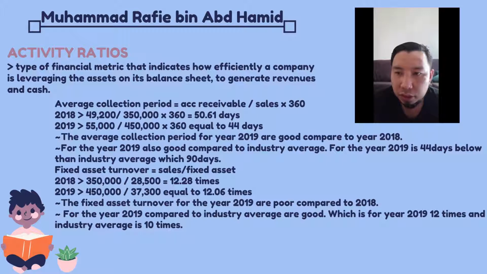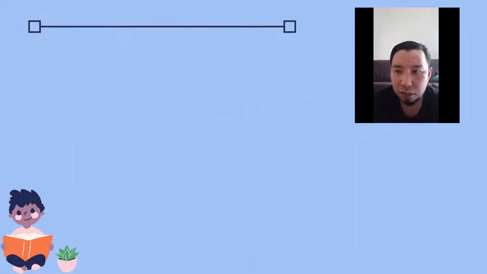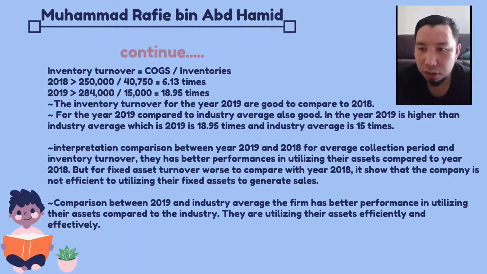The fixed asset turnover for the year 2019 is poor compared to 2018. For the year 2019 compared to industry average is good, which is for the year 2019 12 times and industry average is 10 times. Last one, inventory turnover for the year 2018, cost of goods sold divided by inventories,